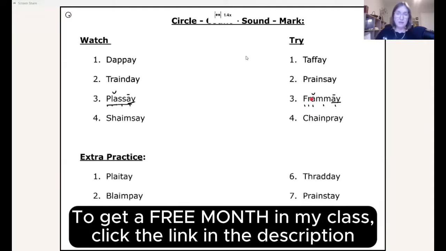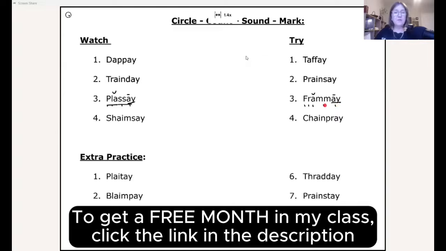So we know that this A is going to make its short sound and say ah, because there are 2 consonants after it. This A has a vowel in the next 1 or 2 spots, so it is going to say A. Plus, our subconscious is learning to recognize the AY grapheme or vowel team says A, and that we will always see it at the end of words. So our sounds are F, A,